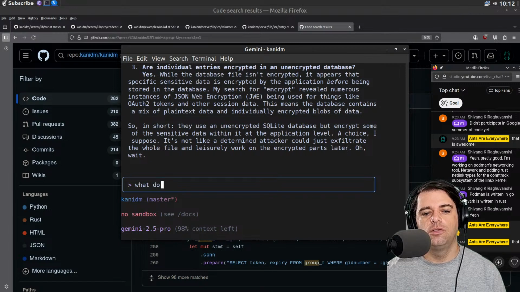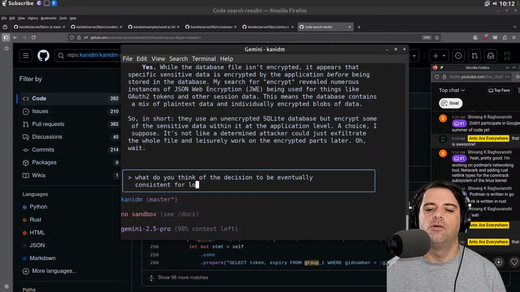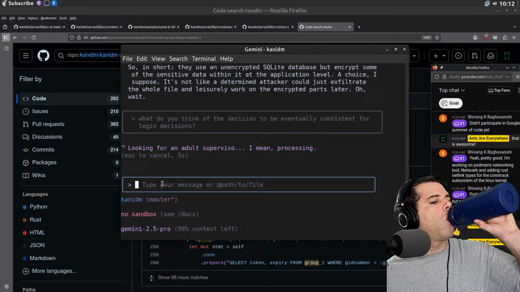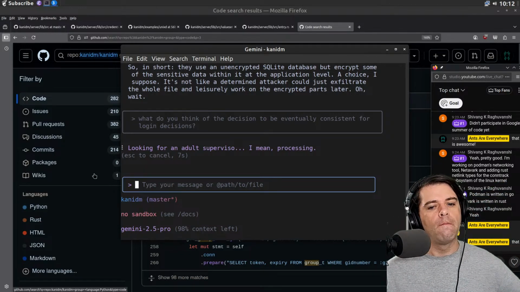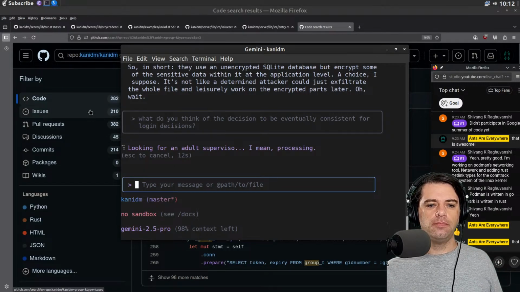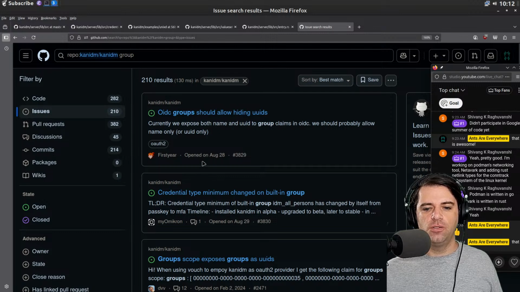But we'll ask, what do you think of the decision to be eventually consistent for login decisions? And let's just ask that and see what it says. Should we look at issues?